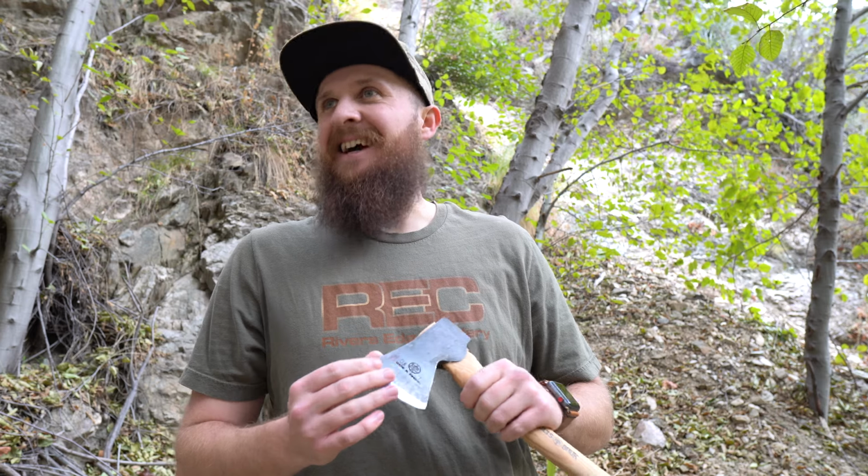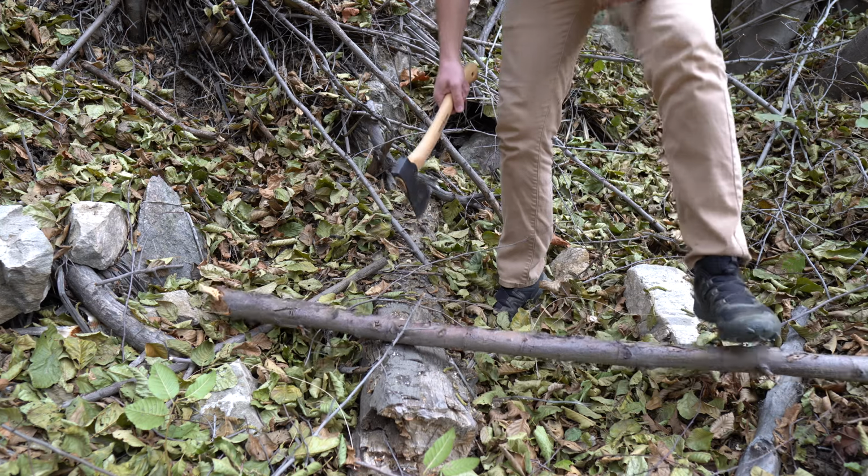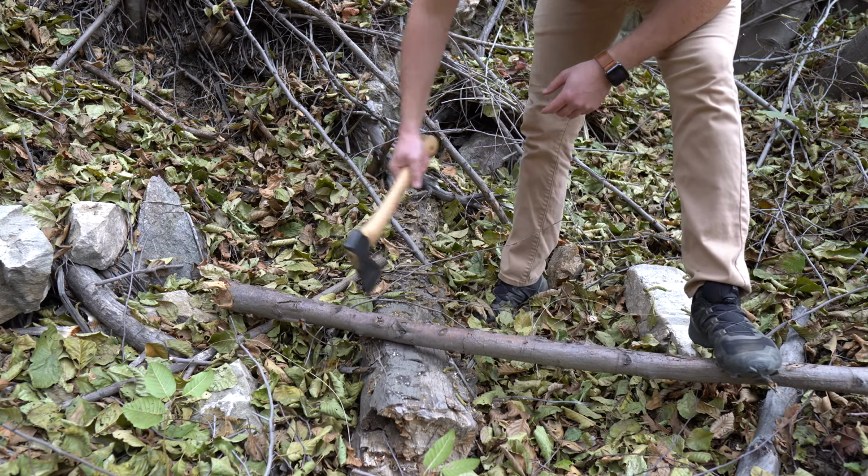All right, so this probably isn't the best spot, I'm finding out, to be doing this, because I don't want to cut down living stuff, and there's not a lot of good logs around to split. Everything is super decayed. I just tried for a few minutes, and it was a fail. I'll probably loop in some of that footage here while I'm talking, but so far, first impressions,